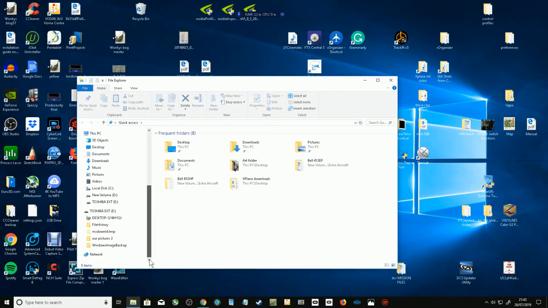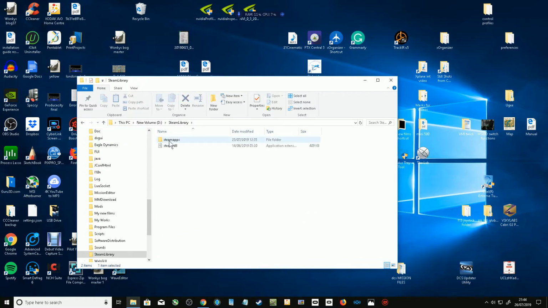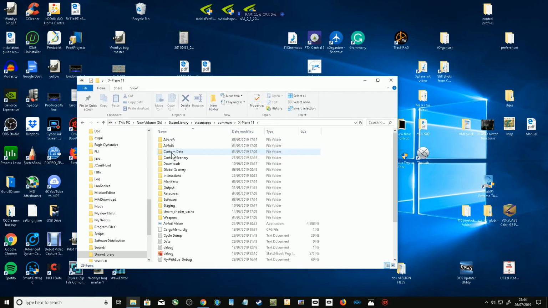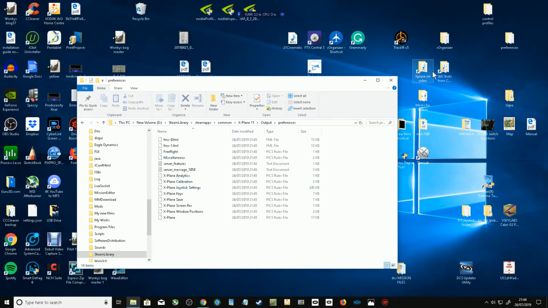So back to D, Steam Library, Steam Apps, Common, X-Plane, Output, and then the Preferences, and then we put back in,